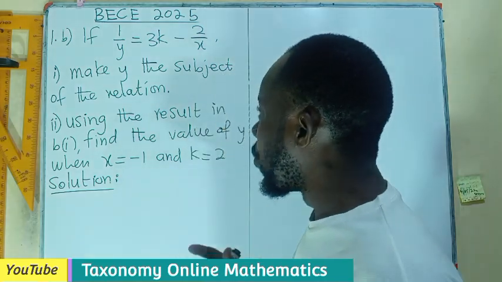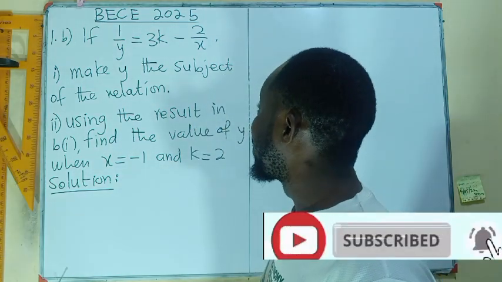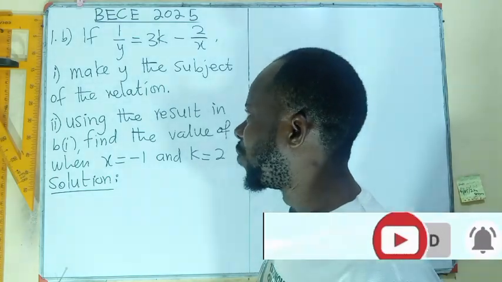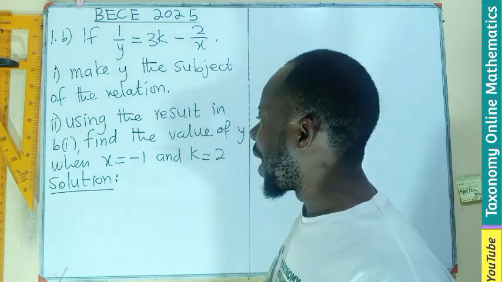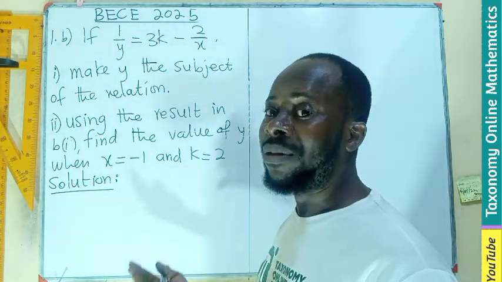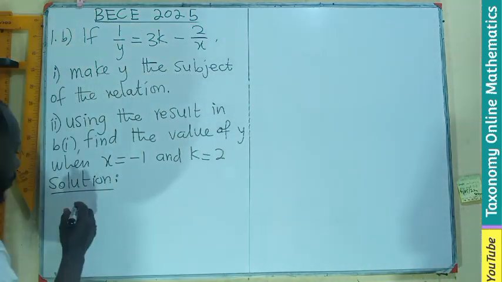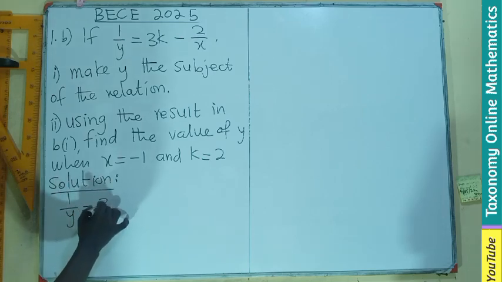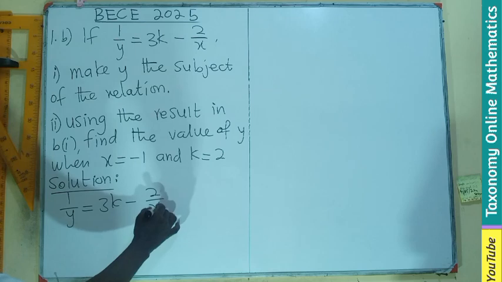If 1 over y equals 3k minus 2 over x, we are to make y the subject of the relation. Find the value of y when x is -1 and k is 2. This is change of subject and what? Substitution. So let's begin. If you have 1 over y equals 3k minus 2 over x,